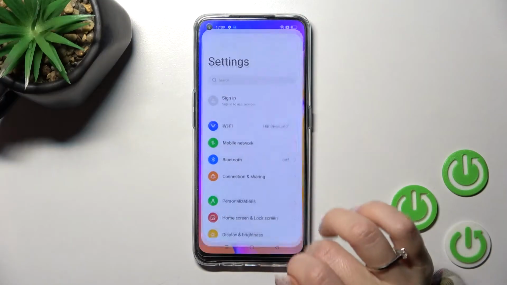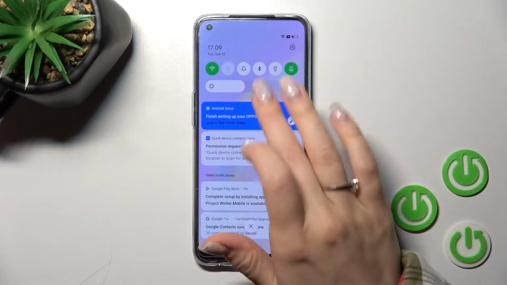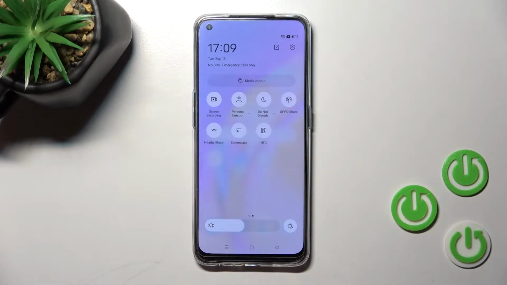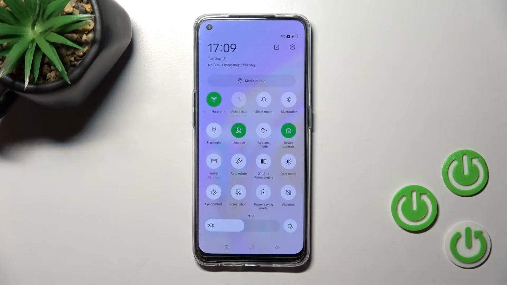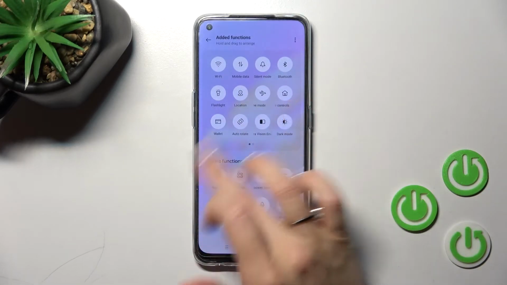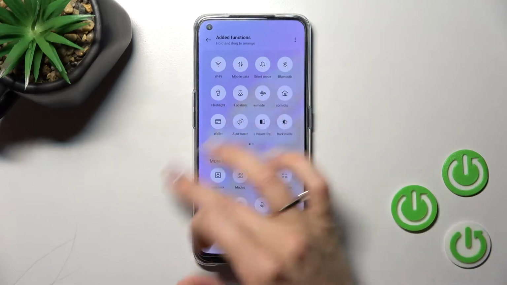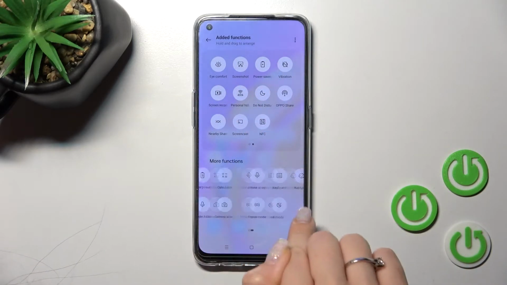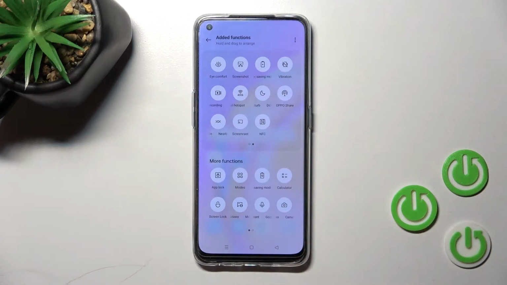So first let's open the notification panel here, and now if you want to add some features or remove some of them or just change their positions, we should click here on this edit icon, and after that we can see our notification panel shortcuts, the visible ones, and this is the down section with invisible icons and